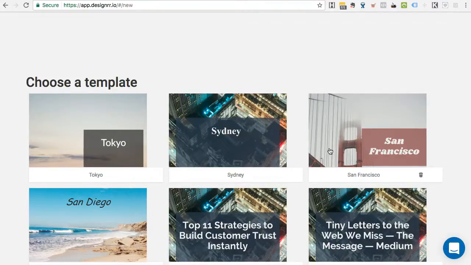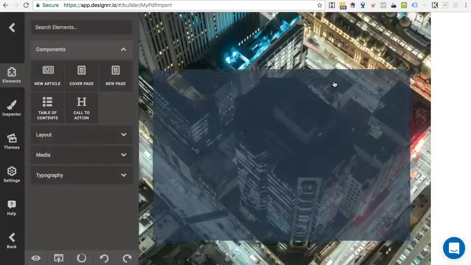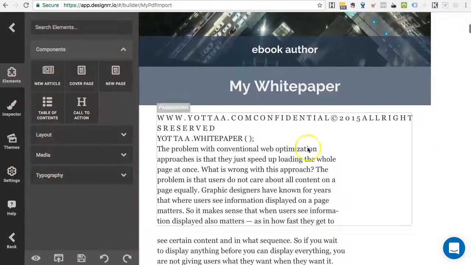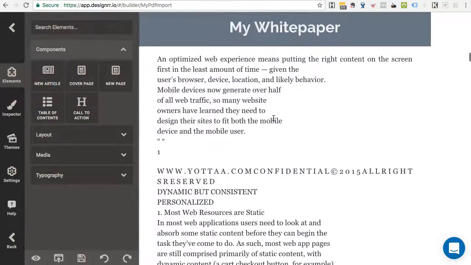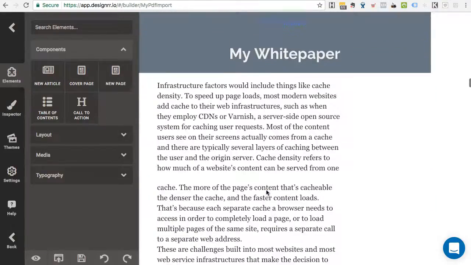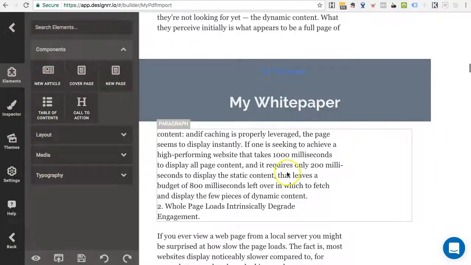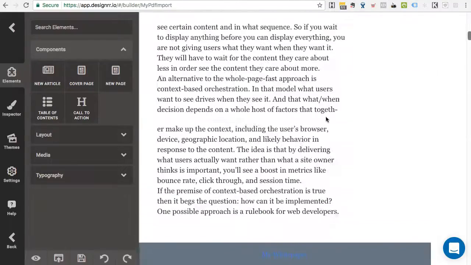So I'm just going to click on a default template here and call this my pdfImport as a project. Now it opens up the project. You're probably familiar with all this, but this is where the actual content comes in. All the content is coming here, and you see we're in a single column mode because that's the way Designer is set up. So now we just need to tidy this up